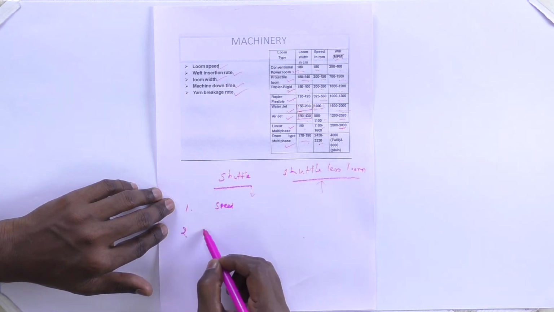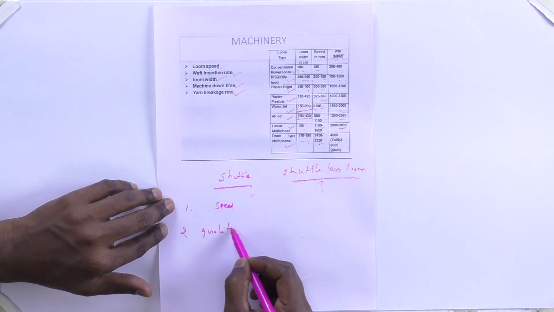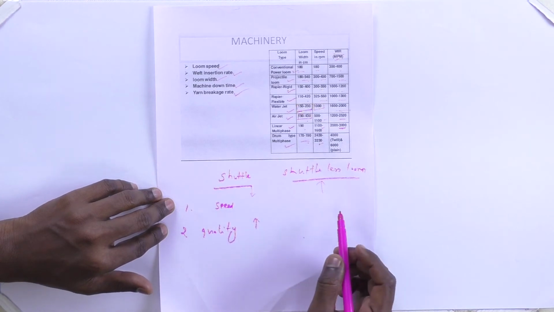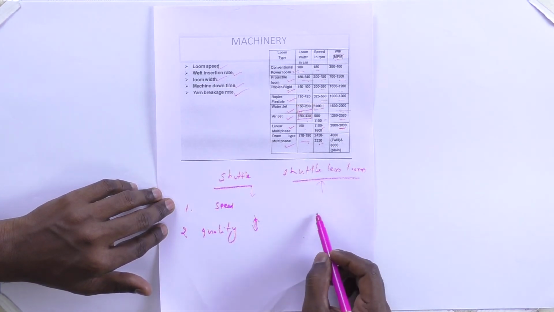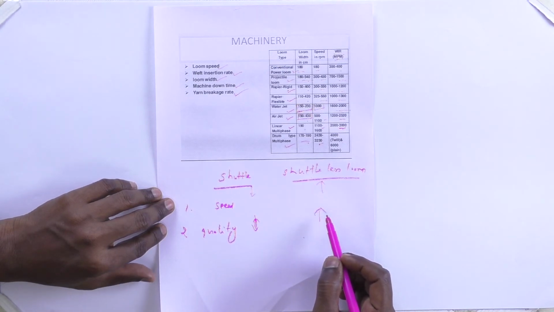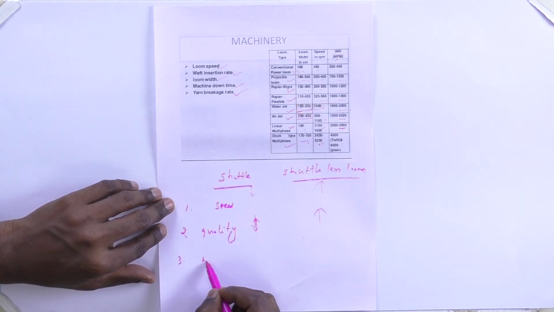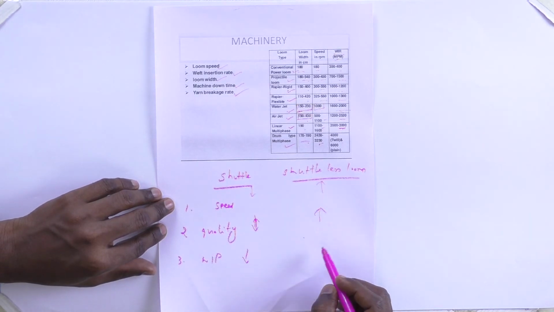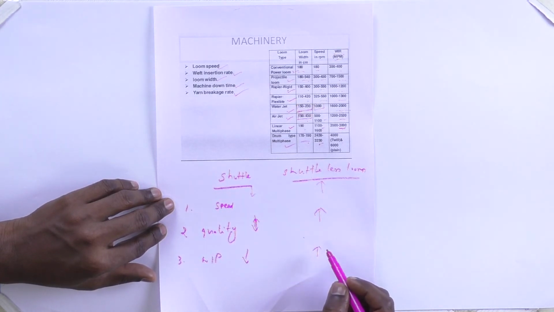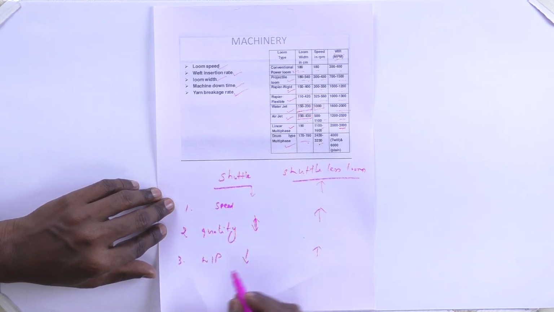On quality, in shuttle loom, because of abrasion of the shuttle with the warp, the quality is very less, but in the case of shuttleless loom, the quality is more. The weft insertion rate in shuttle loom is very less, whereas with water jet, air jet, projectile and rapier, the weft insertion rate is more when compared to shuttle loom. And the noise